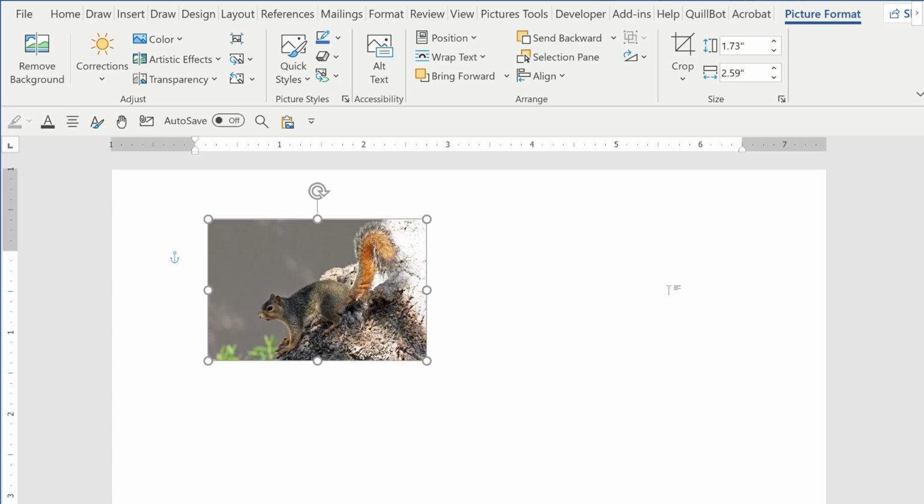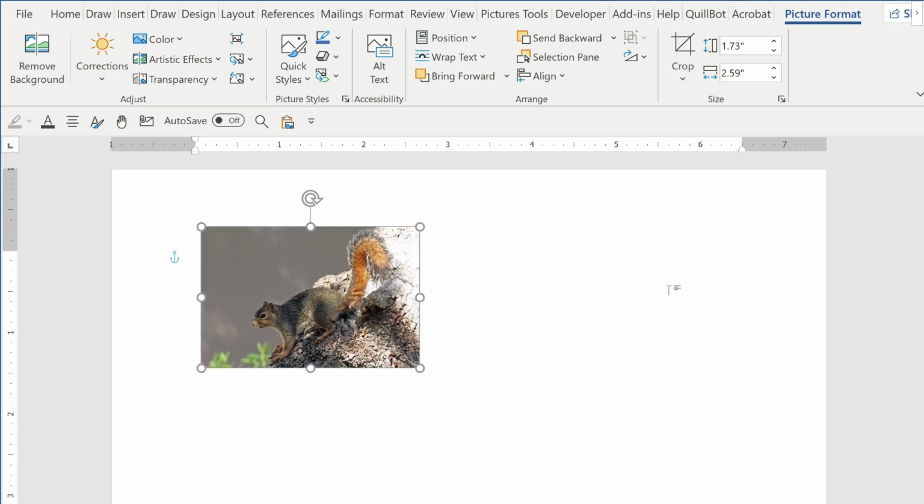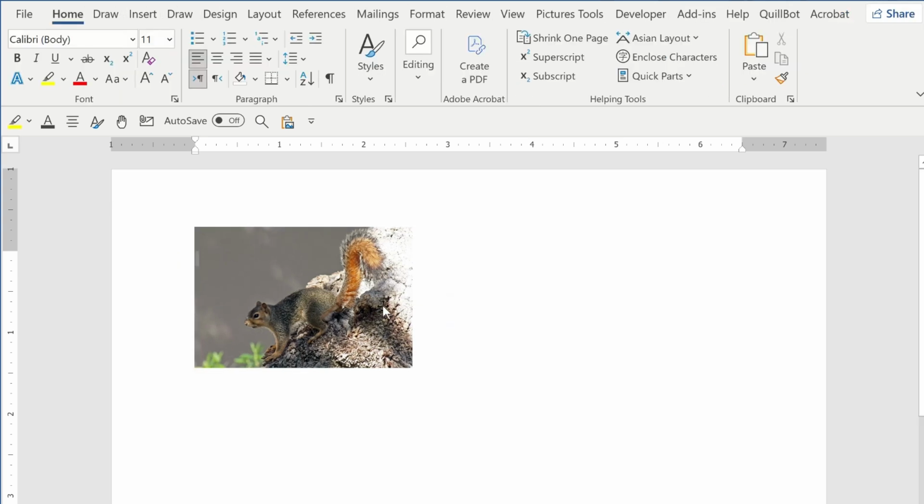If you press the Ctrl plus Down key, you will see that the image moves downwards. Ctrl plus Left Arrow key. So this way you can easily move the